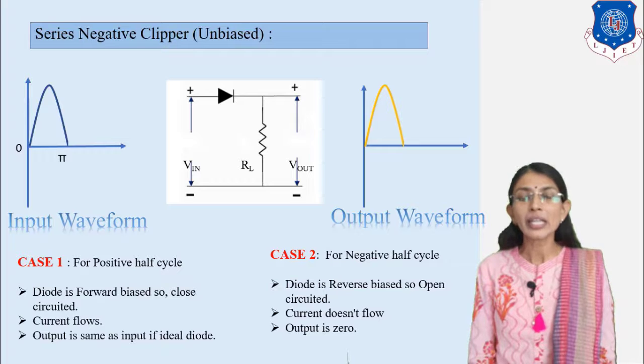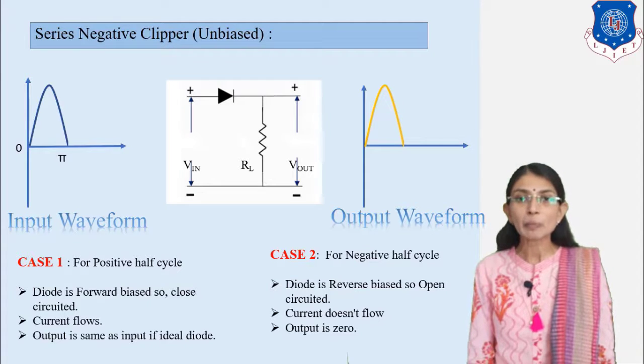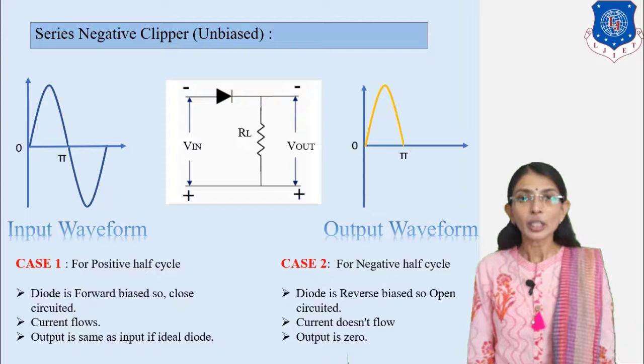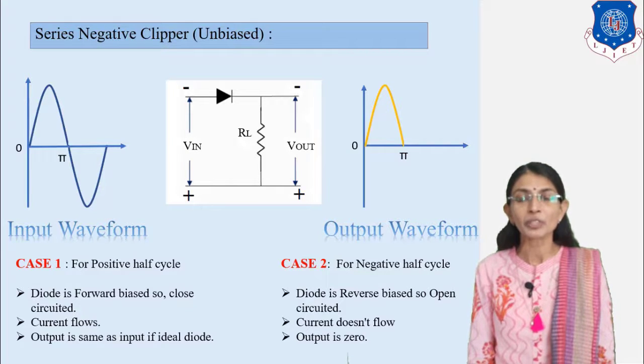Now I will explain case 2. So let me discuss and explain case 2 during the negative half cycle of the input. So let's draw the negative half cycle of the input. Look at this. This is during the negative half cycle. Again I will explain case 2, but at that time the input terminals will be reversed. That means the input is minus at the top of the circuit and plus at the bottom. So minus is connected with the p-type material of the diode, meaning the P terminal of the diode.